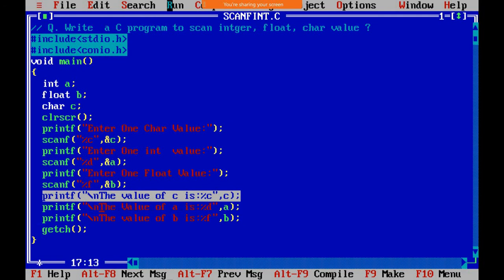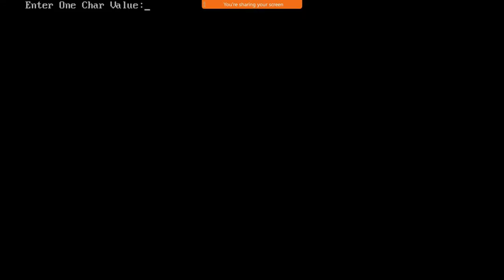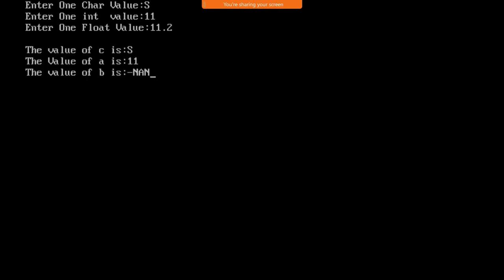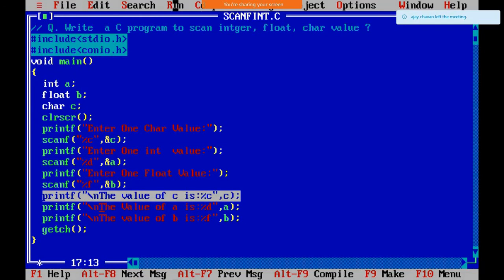Then we get error. What is the reason? Because of slash. File it. Plus 11.2. The value of C. फ्रैक्शनल वैल्यू का प्रॉब्लम बनाएंगे।